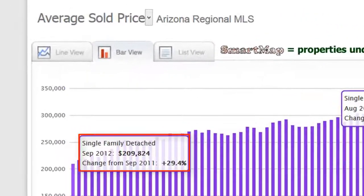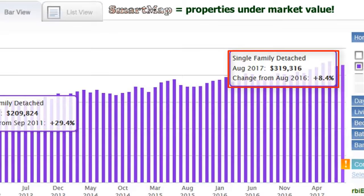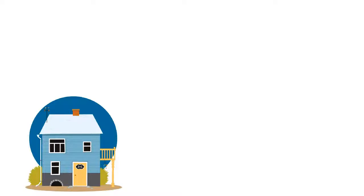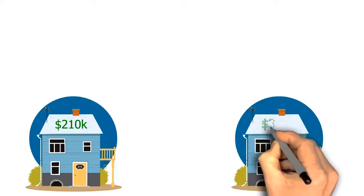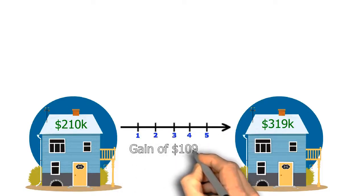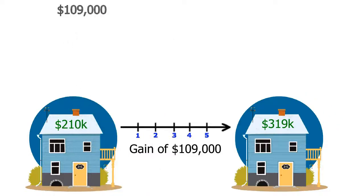As you can see, in September 2012, the average sales price for a single-family home was $209,824. And by August 2017, it had gone up to $319,316. Now, since it's easier for us to deal with round numbers, let's just say that you purchased a house at full market value back in 2012 for $210,000. And now today, that house is worth $319,000. That's an increase in value of $109,000 over that 5-year period, which gives you an annual increase in value of